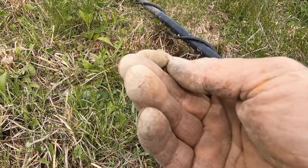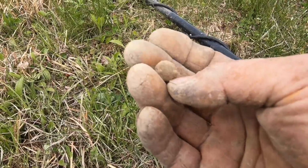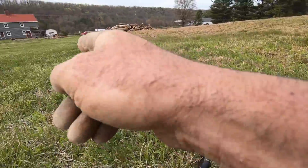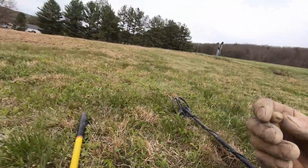Yeah, well, it could be a musket ball too, but it's got the sprue, so someone sitting here was casting bullets. This is about where I found the melted iron too, right in this area, so that's my first real...